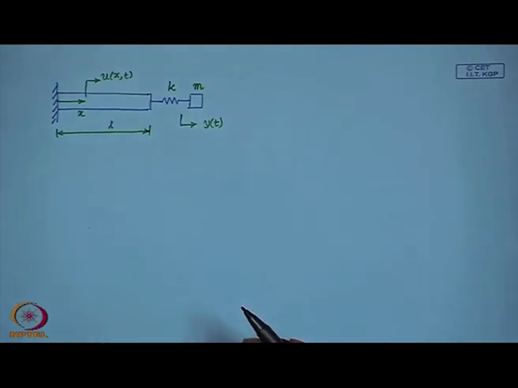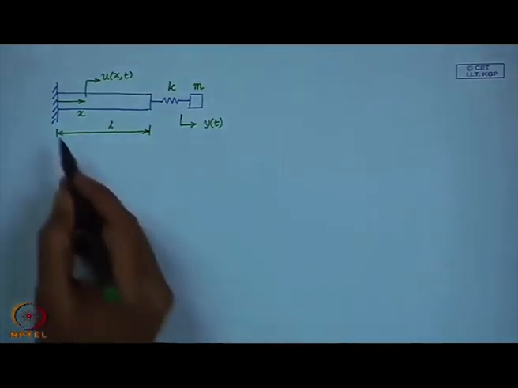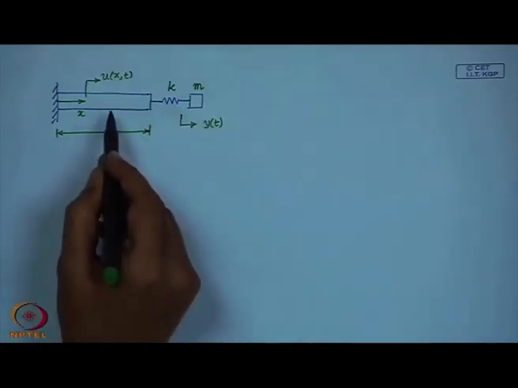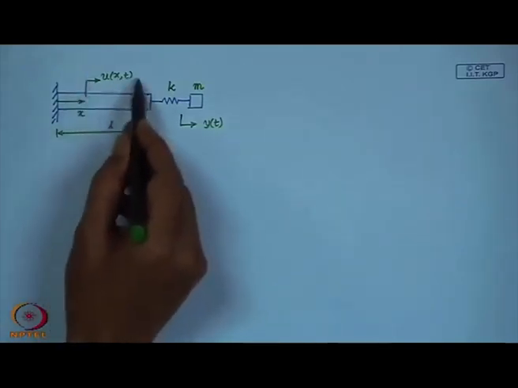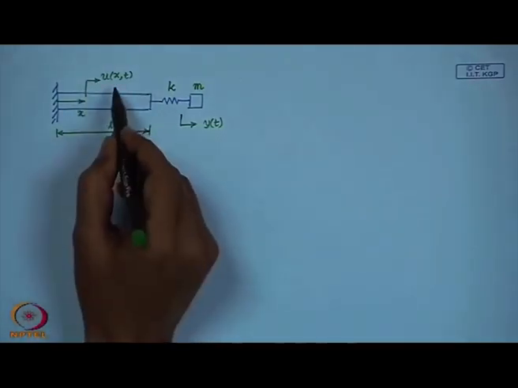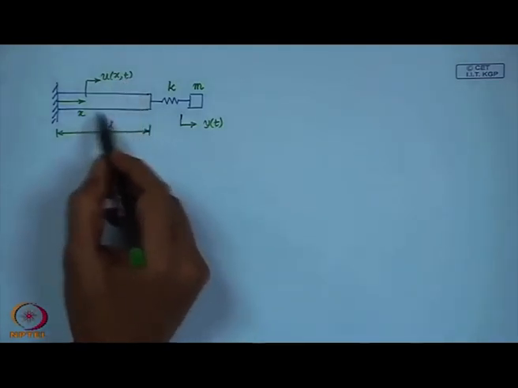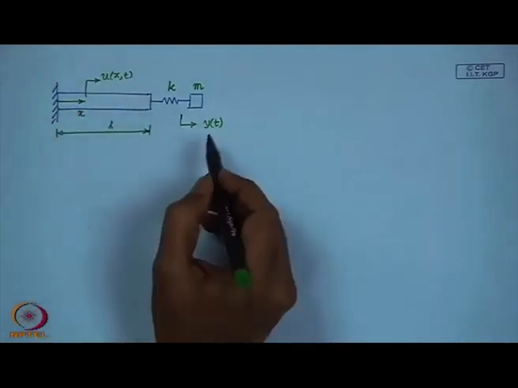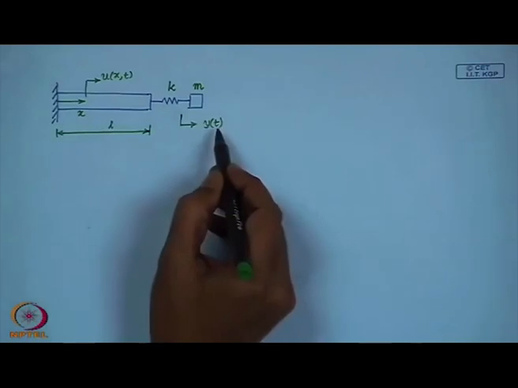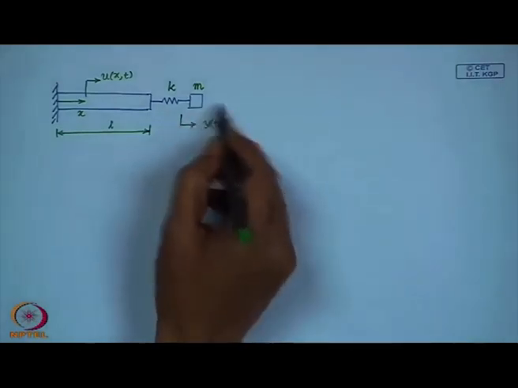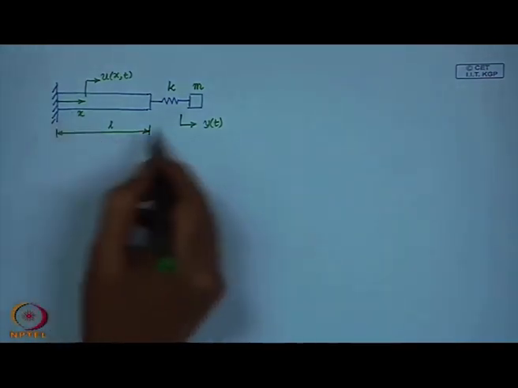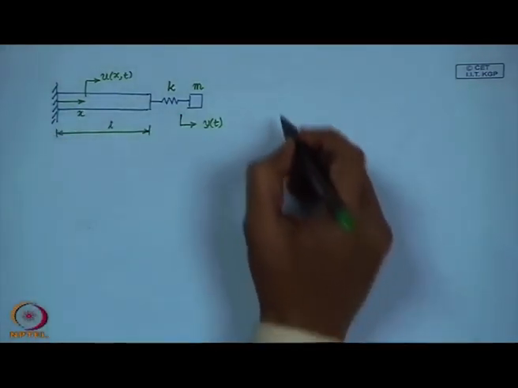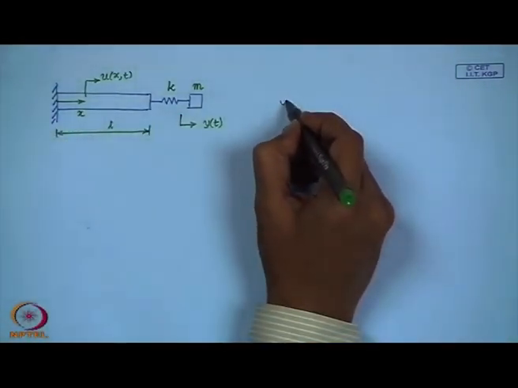So, let us first write down the equations of motion for this system. Now, here you have, as you can see, a bar and this mass. So, you have the field variable u which measures the displacement of the material points of the bar, and we have this coordinate y which measures the displacement of this discrete mass m. The equation of motion of this bar remains the same as before. So, we can write